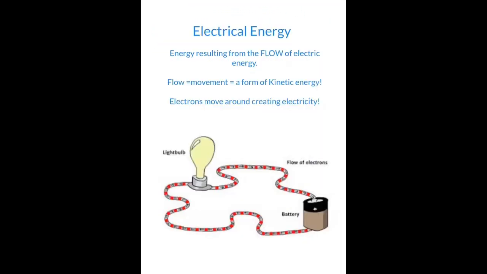Alright, the last type of kinetic energy that we're going to talk about is electrical energy. Now, this is energy that results from the flow of electric energy, and if it's a flow, it means it's moving. So you have a type of energy moving, therefore it's a type of kinetic. So you have electrons, and you'll notice that they're all moving around in a current. That's the kinetic energy. If you had a light switch, the second you turn it on, you're allowing this flow to move, and that's why your lights turn on. The second you turn the light off, though, you cut it and you stop